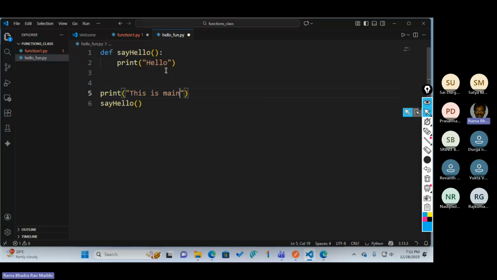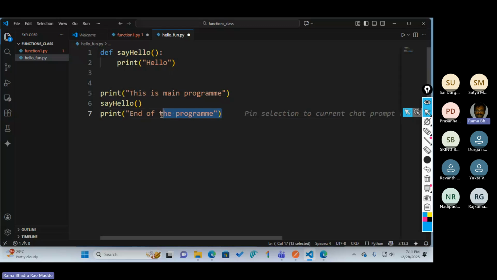This is the main program, and I'm calling the function, and print end of the program. Why did I write these two lines? To understand how the function will be called. So this is your function.